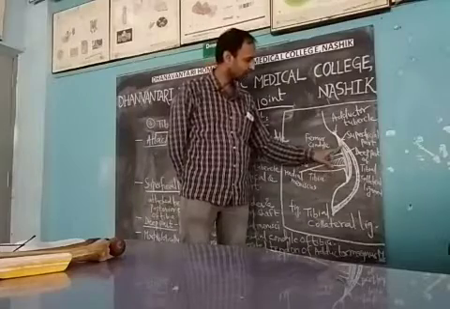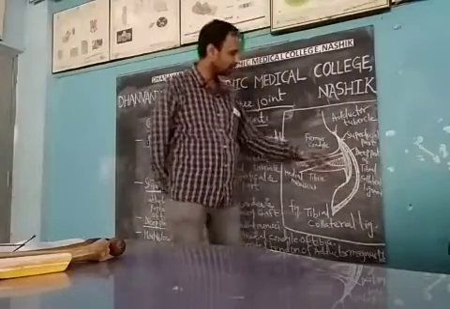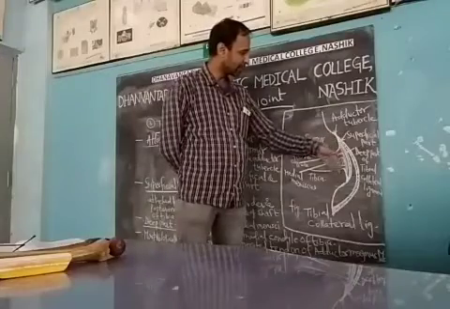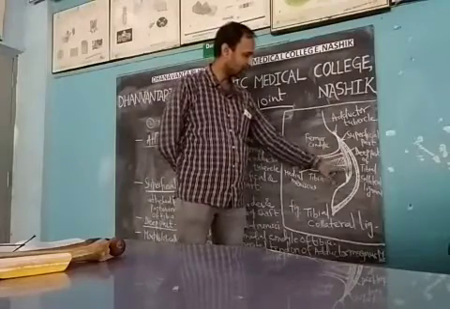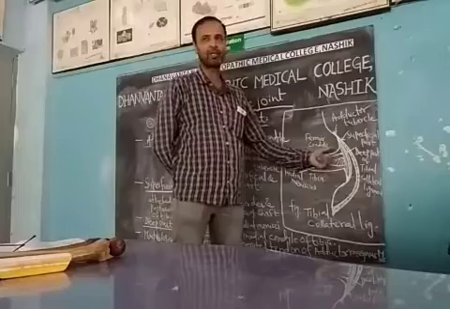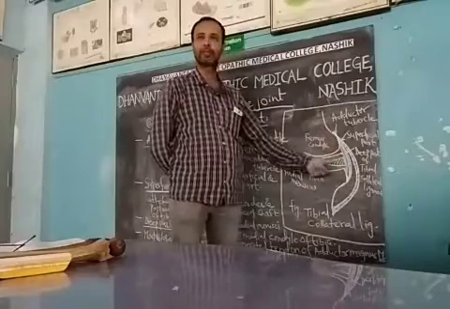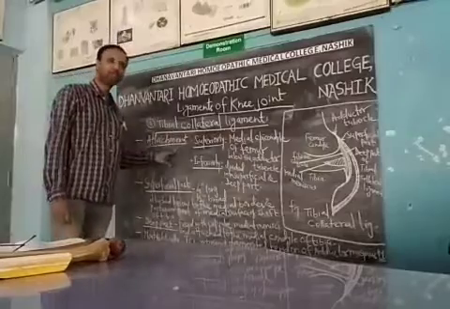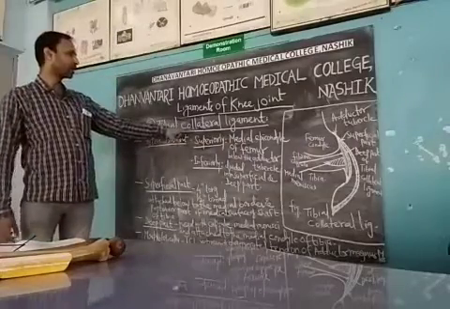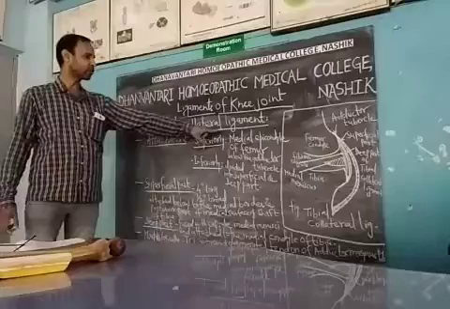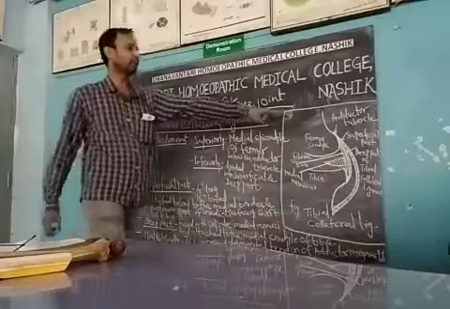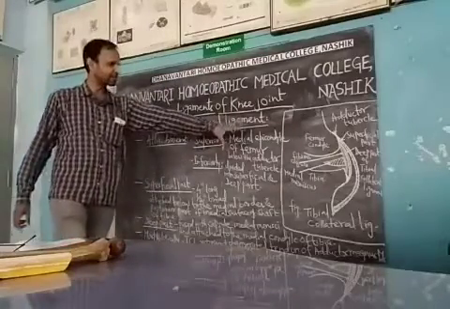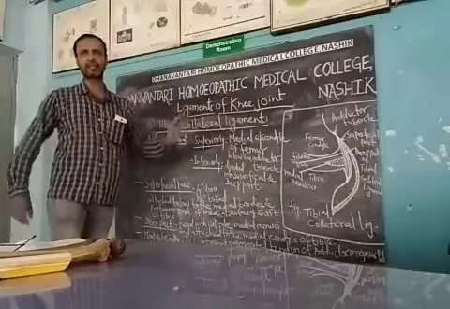Clear? So here on the medial side, these are the two parts we have seen of the medial collateral or tibial collateral ligament. These are the keywords already given, and this is what you have to remember. Superiorly it is attached to the medial epicondyle of the femur below the adductor tubercle, which is shown in the diagram. And this diagram is very simple, only this line diagram you have to draw.